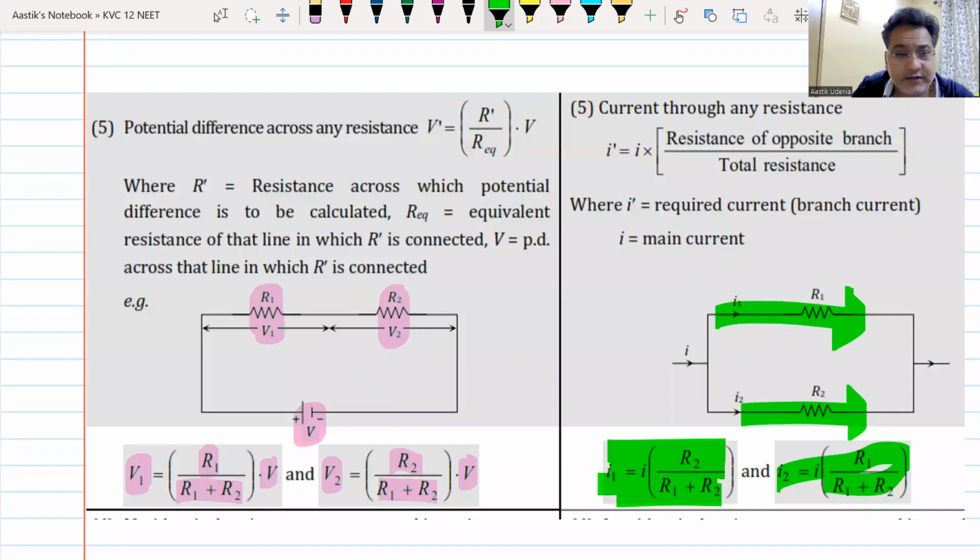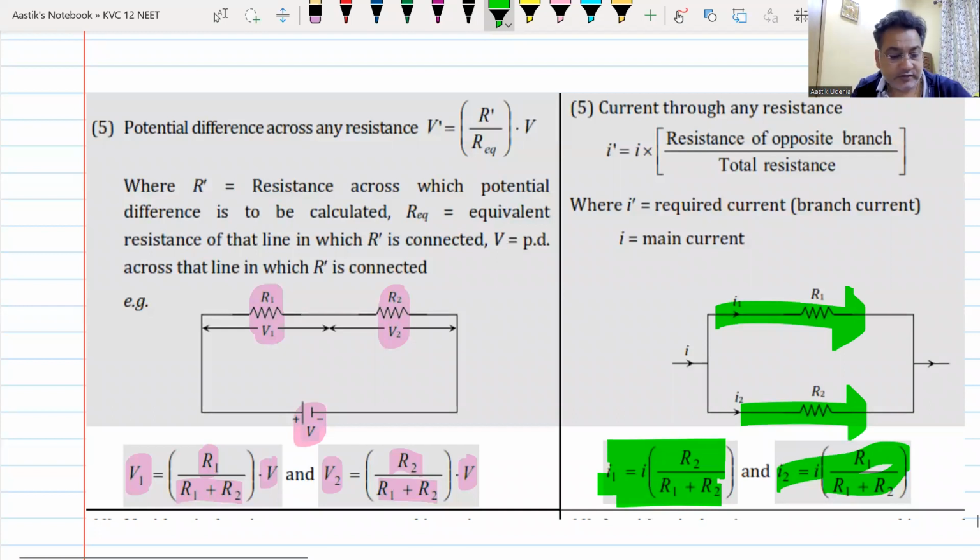So we are done with this. Now let me go ahead. We had done a series parallel combination of resistance and capacitance. Do we remember it? Yes, sir. Do we remember how to find out the series parallel combination? Yes or no? Yes, sir. Okay, let me check whether you know it or not. So I'll give you one or two problems,